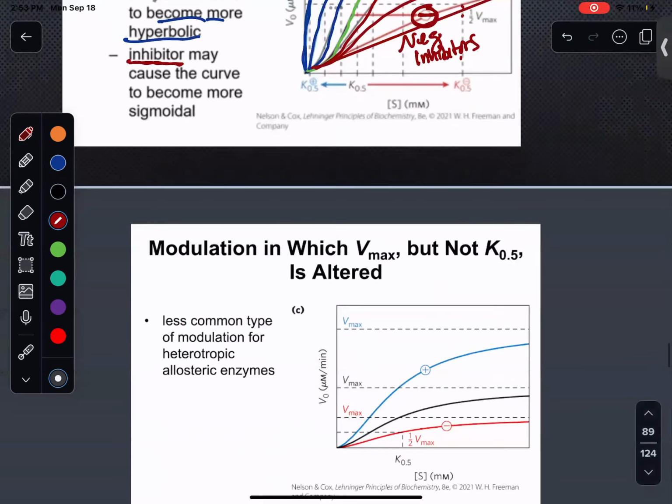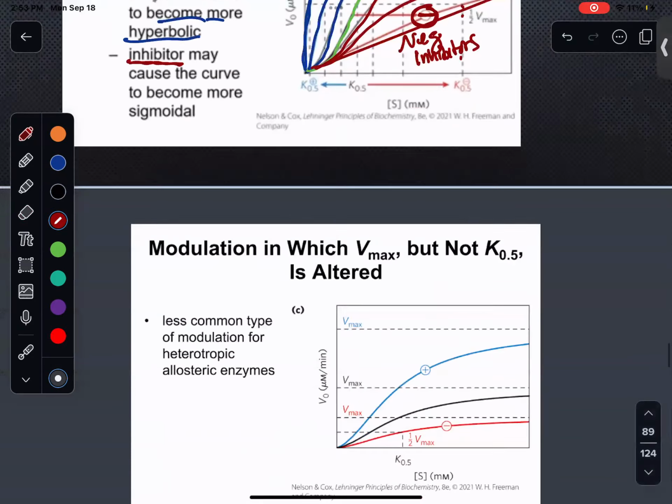It's modulation in which the Vmax, like we said, is altered, but not Km, the opposite of the first category. Okay, what we just talked about. And what I really need you guys to focus on is the graphs. The graphs are the key, the changes in Vmax and K.5. If you're able to separate Michaelis-Menten enzymes from allosteric enzymes, like you're not going to see a Michaelis-Menten enzyme look like that, really. That's step one. And then if you can distinguish between allosteric, homotropic, and heterotropic regulators on that basis, that's step two. If you become comfortable with that, then you're golden.